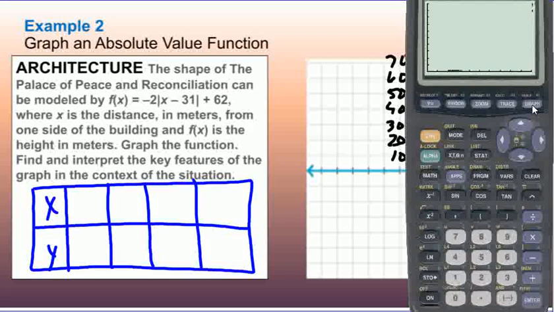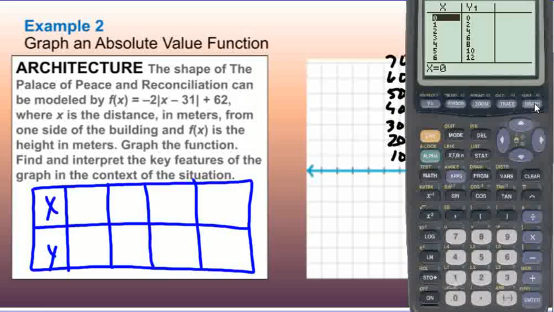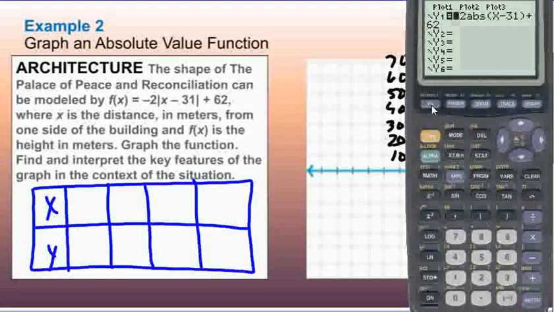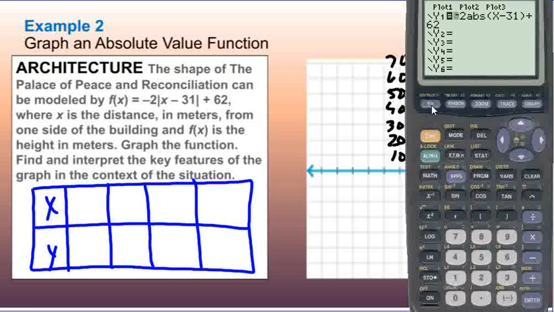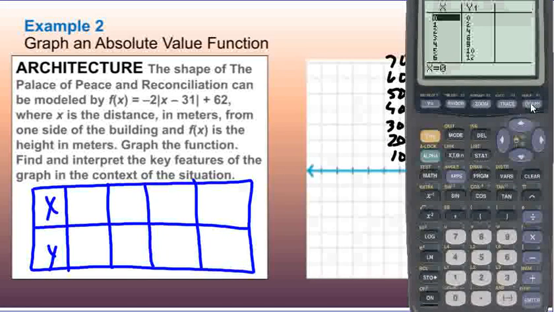I could actually graph that here. You would see part of my graph there. But let's go to our table of values. So second graph gives me a table of values. And let me just go back to make sure that I have everything in here correctly. Okay, so second graph. Now I'm going to scroll down a little bit on here